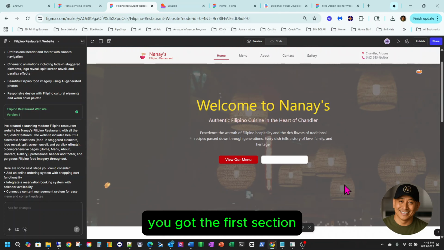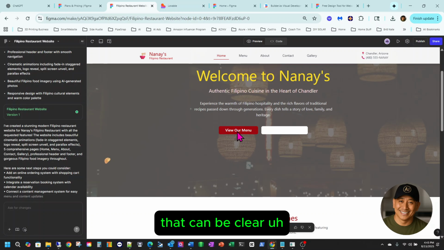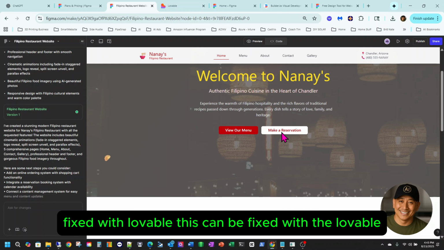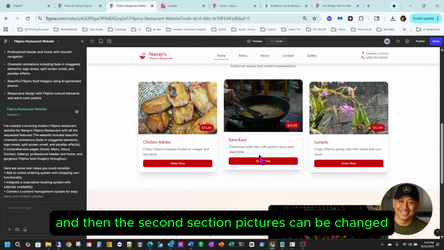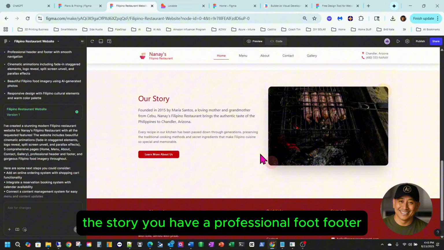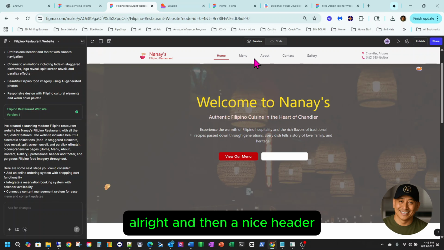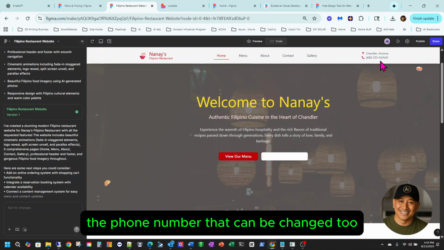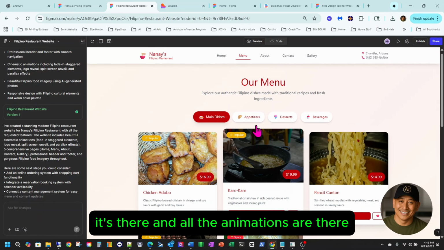Now, you got the first section. You got for the menu. That can be fixed with Lovable. This can be fixed with Lovable. And then the second section, pictures can be changed. The story, you have a professional footer, all right? And then a nice header. You got the location, the phone number, that can be changed too. You got the menu, it's there, and all the animations are there,